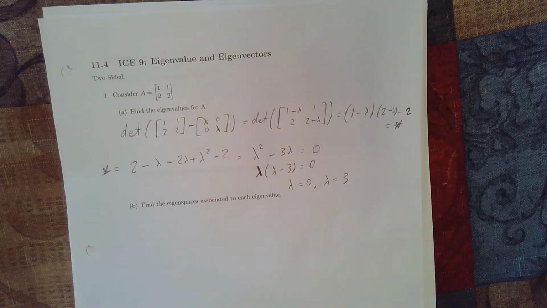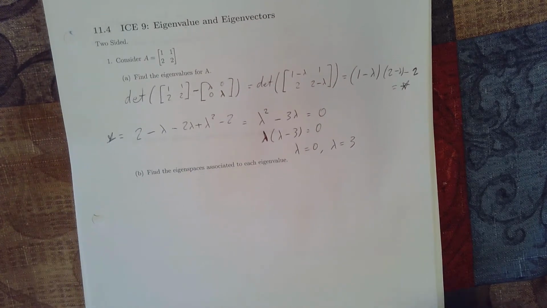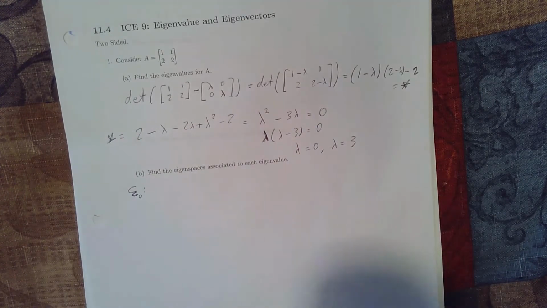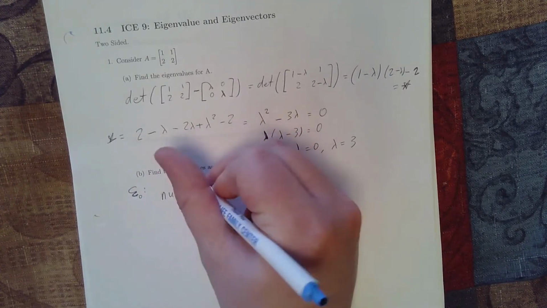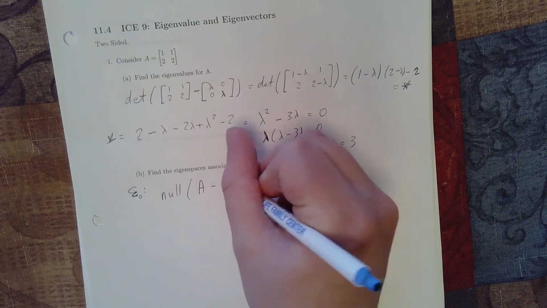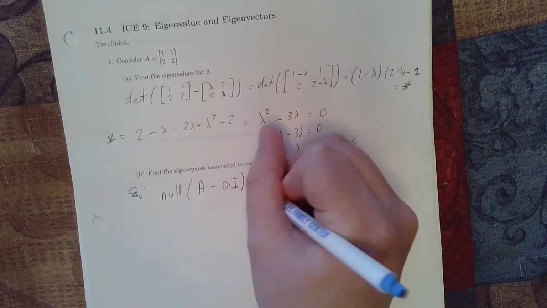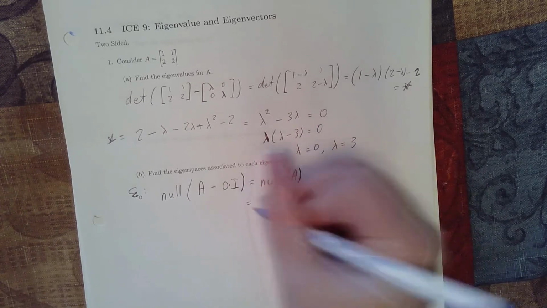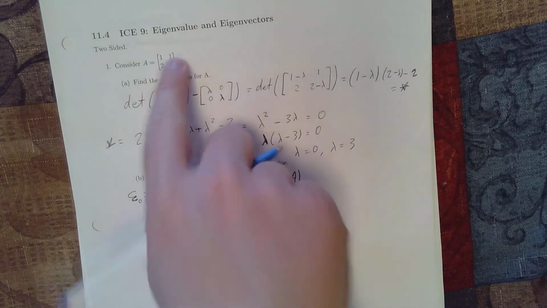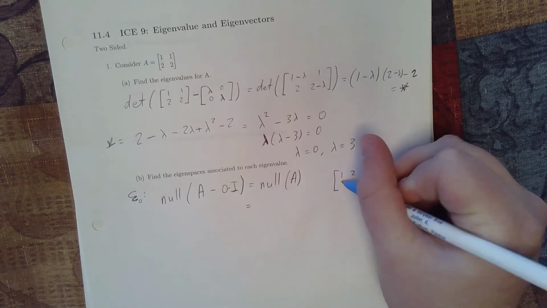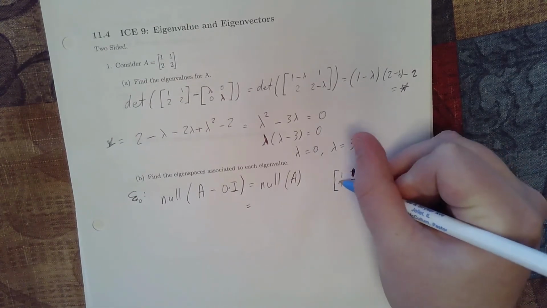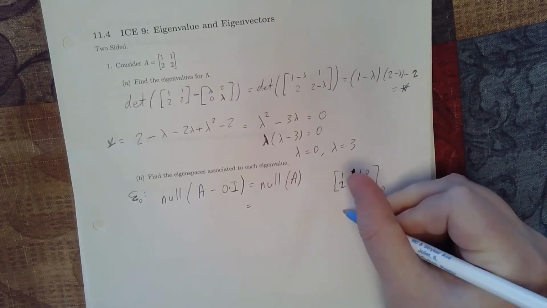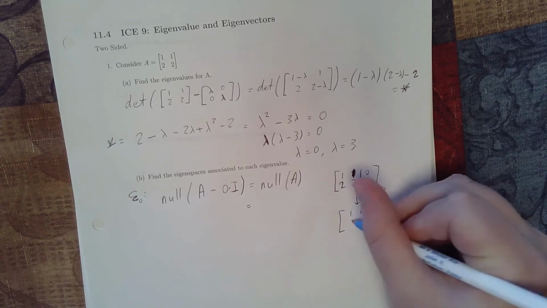Alright, so now we want to go ahead and find those associated eigenspaces for those eigenvalues. So for 0, we would like to go ahead and find the null space for the matrix minus 0 times the identity, which in this case is just the null space for the matrix. And so if we try to find the null space of this matrix, we'll take [1, 1; 2, 2], augment with zeros, get the reduced row echelon form of [1, 1, 0; 0, 0, 0],